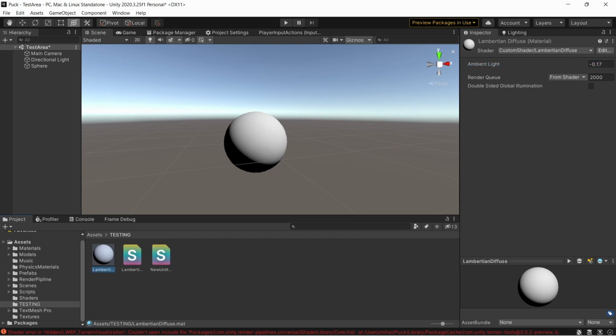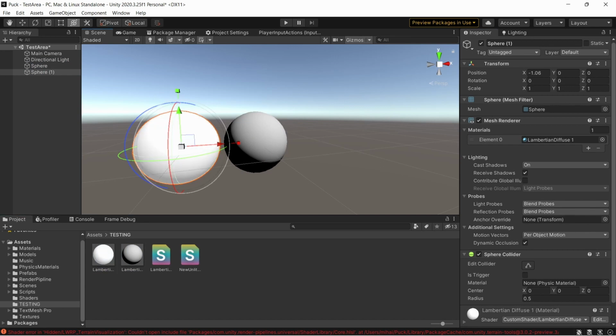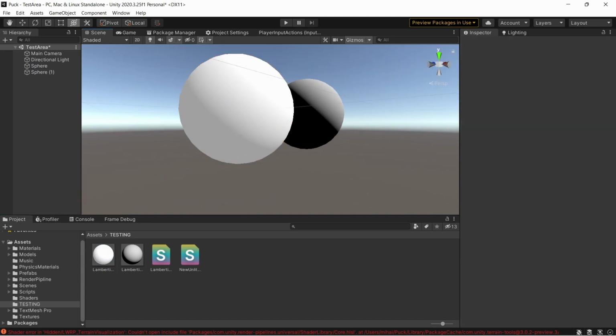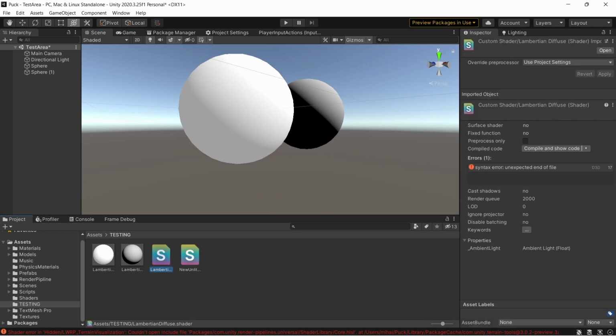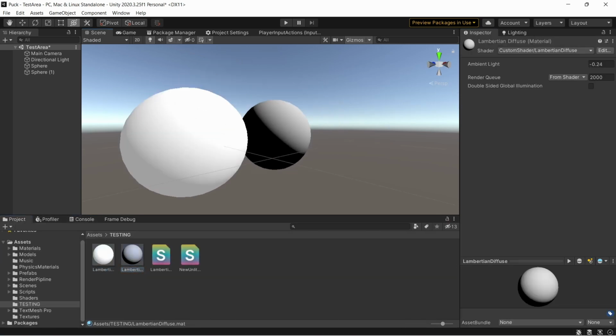And now you can have multiple Lambertian diffuse shaders, and if we just copy the sphere, move it over, and apply this one, so now you have two materials using the same Lambertian diffuse shader. This way, if you make a change to this material, it will only affect the mesh that it's connected to,